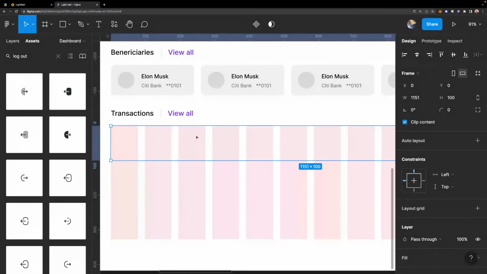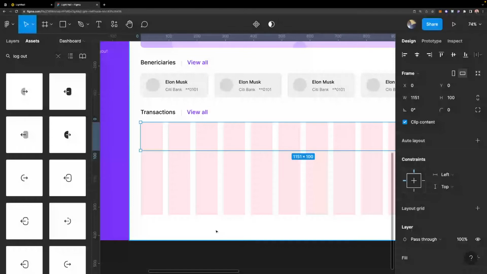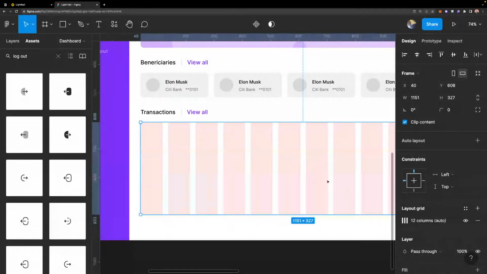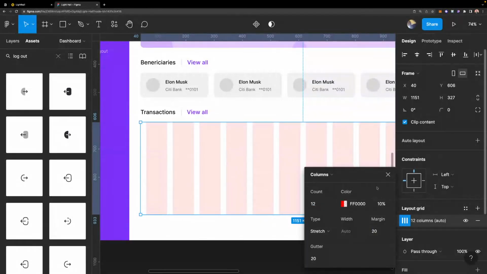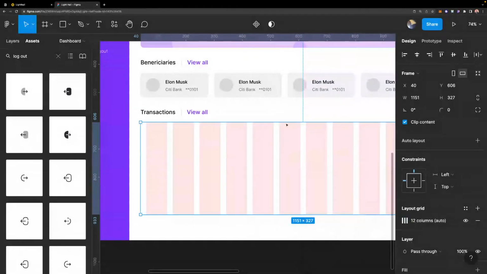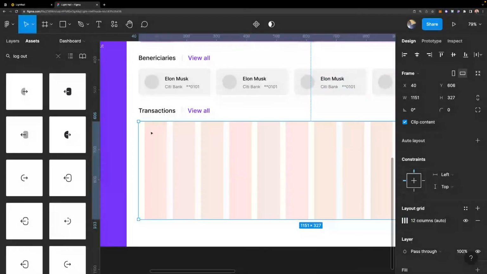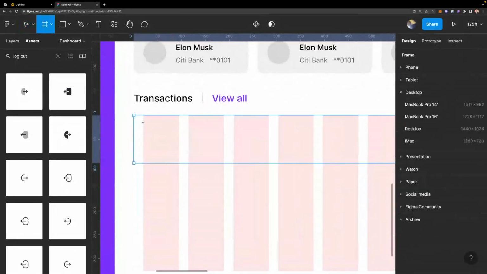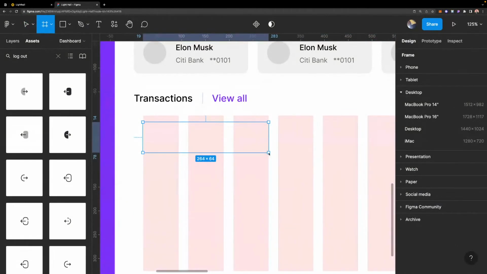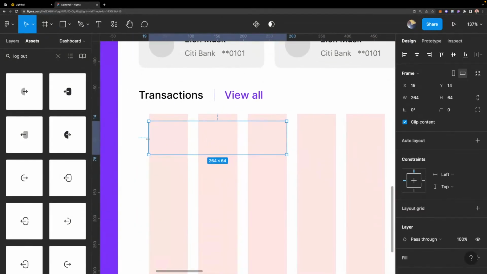Okay, so I think I need to add margin. I'm going to add a margin of 20 pixels. The reason is because this table is going to have a background of its own, or at least a border. So what I'm going to do is pick the first 3 columns, and I'm going to use these 3 columns for